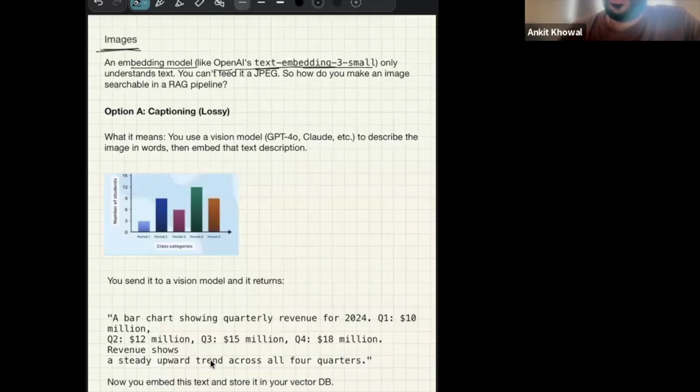Your support bot would need that answer from the image, right? In the troubleshooting docs. So how do we handle such kind of scenarios? There are two things which we can do. The first thing, option A, is captioning, right? I will tell you what lossy means, but first thing we can do is we will take that particular image,